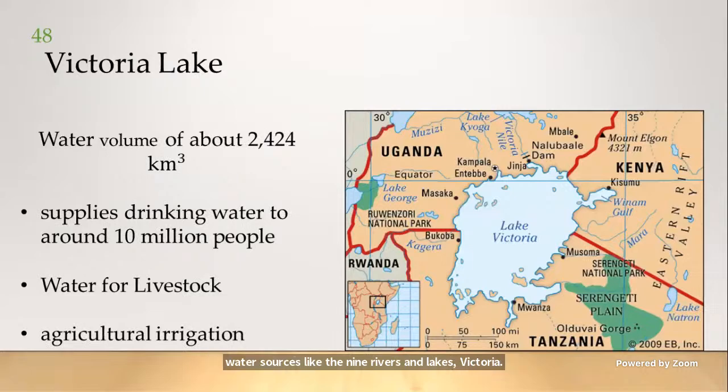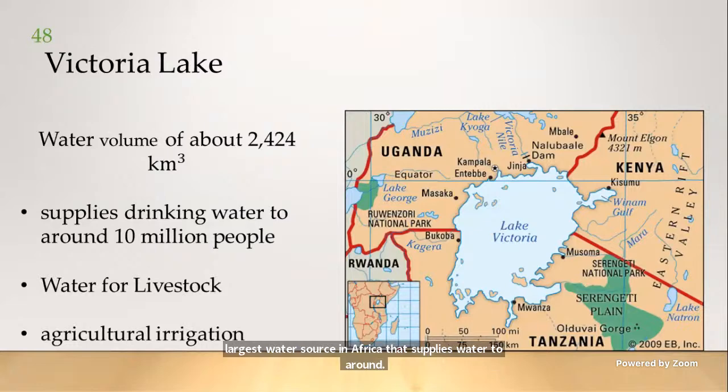So if we look at Lake Victoria, which is the 2nd largest water source in Africa, that supplies water to around 10 million people, we will find that